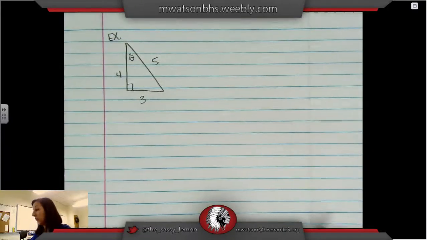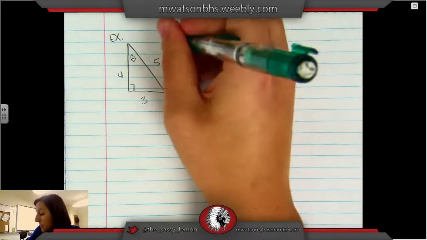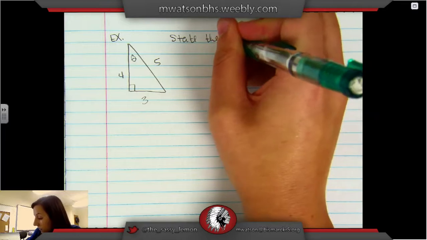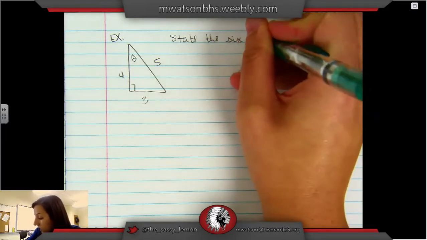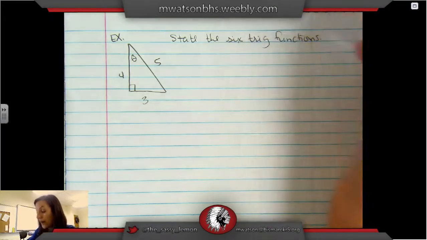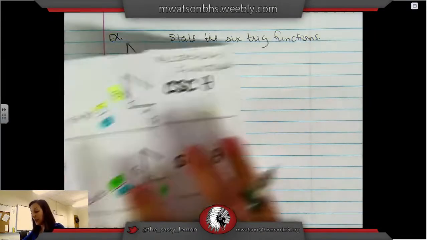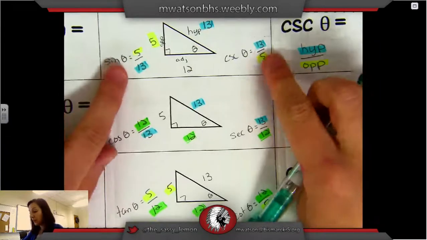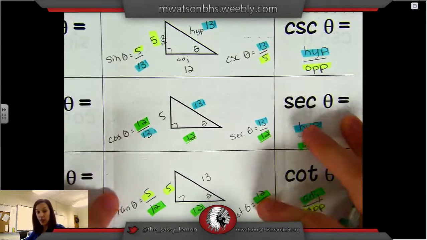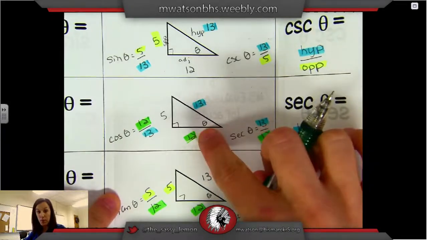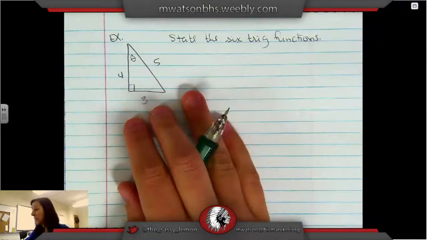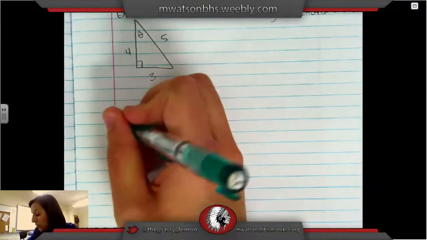Now what I want you to do is state the 6 trig functions. What I mean by that is exactly what we did here. Whenever we wrote out these 6 items, that's stating the 6 trig functions for this triangle. So that's what I want you to do. I want you to do it for this triangle, and then I also want you to do it